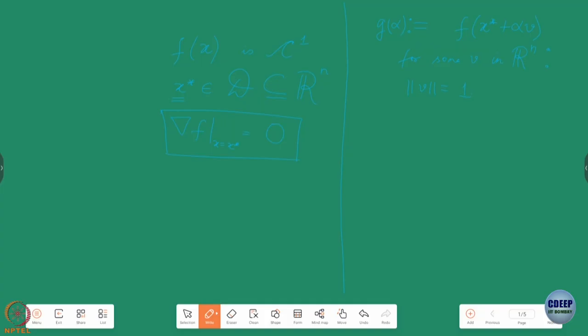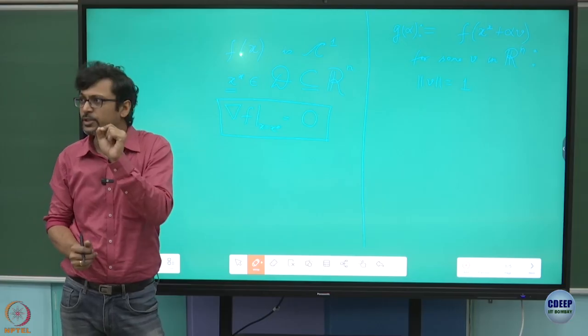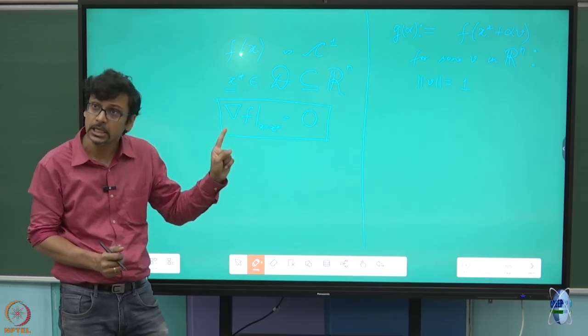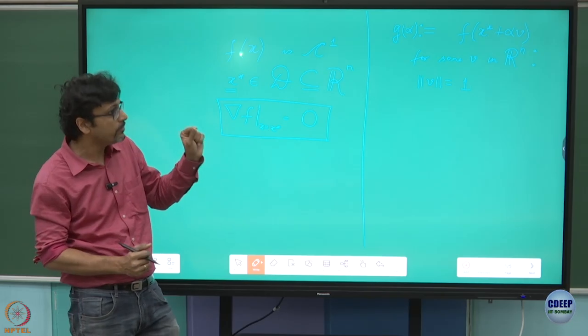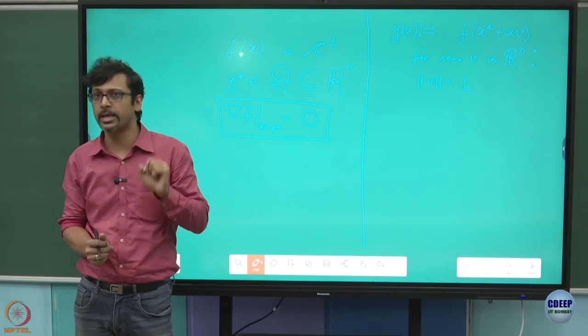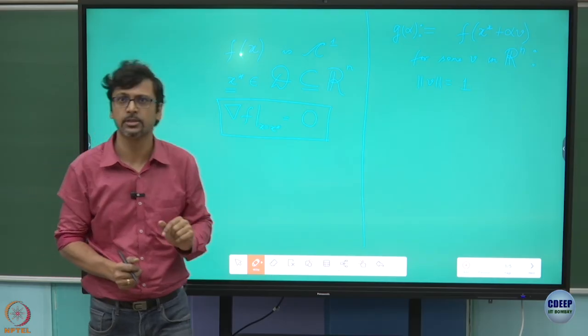Now, what could we say about the minimization of this function in terms of alpha? To claim that f of x star is indeed the minimum value that this function attains within this open ball D is the same as claiming that g of 0 is the minimum that is attained in terms of g. The difference being that now when we talk about it in terms of g, we are talking about it in terms of a scalar. It's been parameterized. Of course, it comes at a cost.